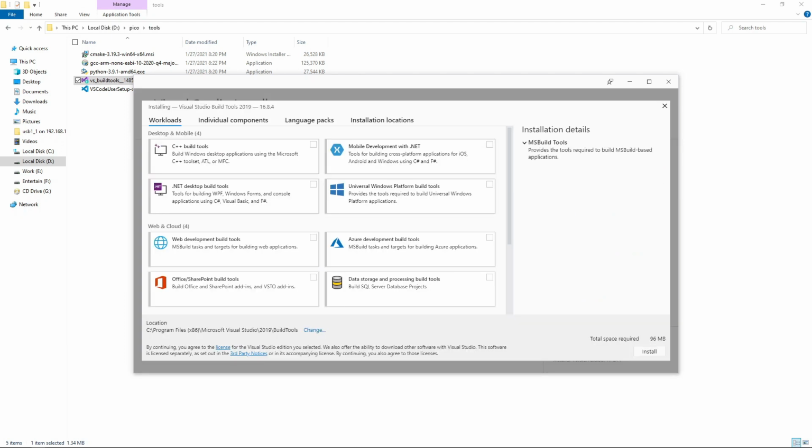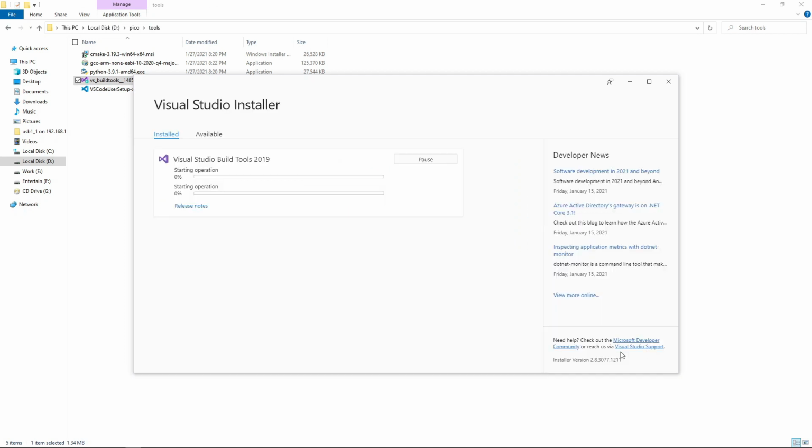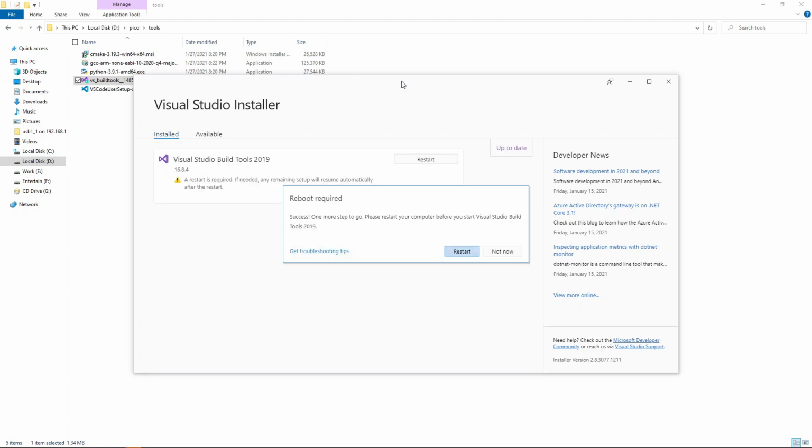Now install the first option, that is C++ Build Tools. So I'll be just fast forwarding here. Here the system will ask for a reboot. So reboot the system to complete the installation process.